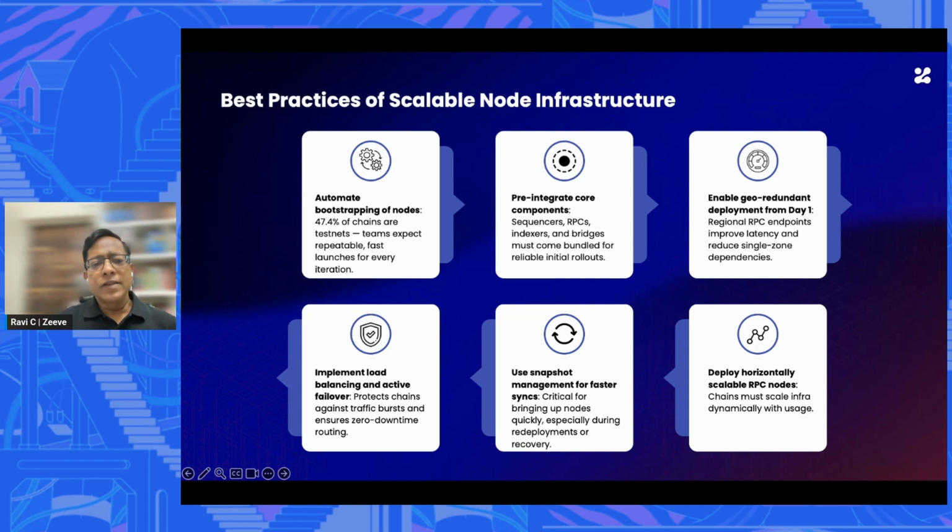So all the tenets of high availability, that becomes very, very important. And then one simple thing is use snapshots, so that whenever you are, let's say, upgrading the chain, or you need to create a hard fork because you want to make some major changes in your Genesis configuration, then having a snapshot makes it very easy to resync the chain, and so on and so forth.